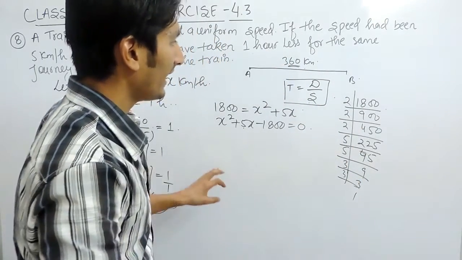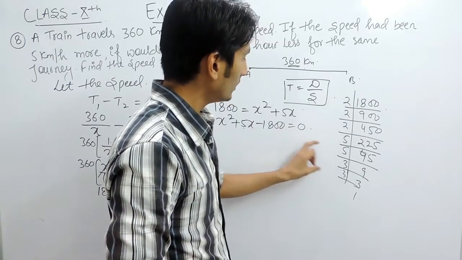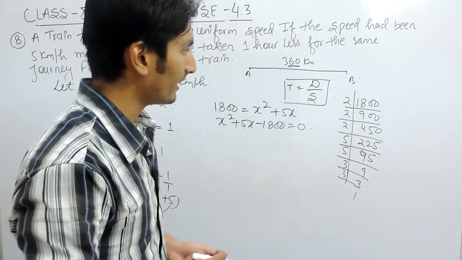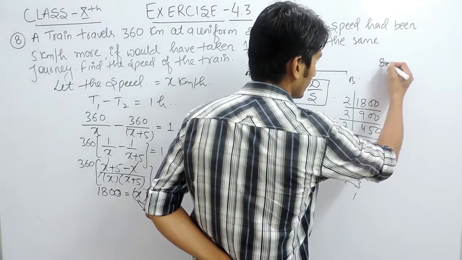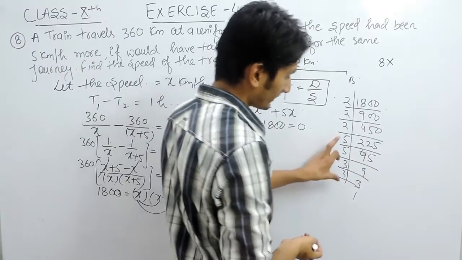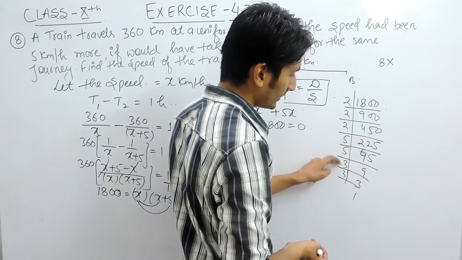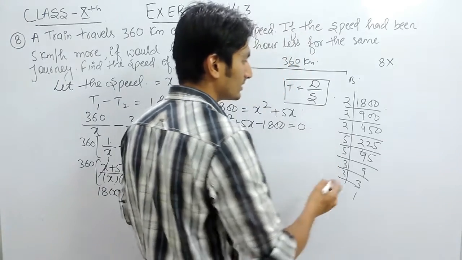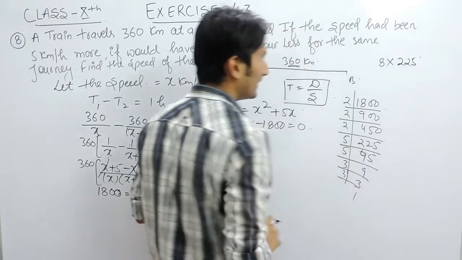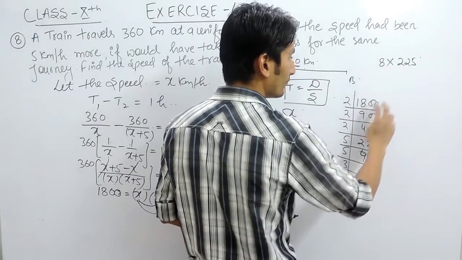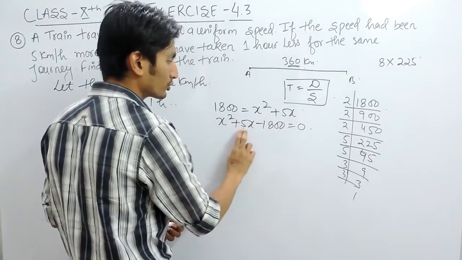You have to take two of its factors whose difference is 5. If I take this as one factor, which is 8, multiplied by the other factors, which are 5 into 5 is 25, and 3 into 3 is 9, so 25 into 9 is 225. So clearly the multiplication of these two factors is equal to 1800, but their difference is not equal to 5.